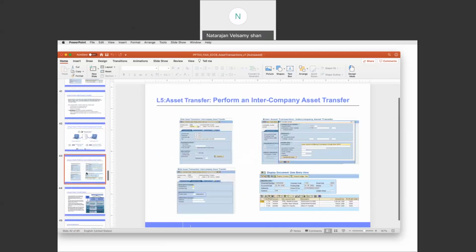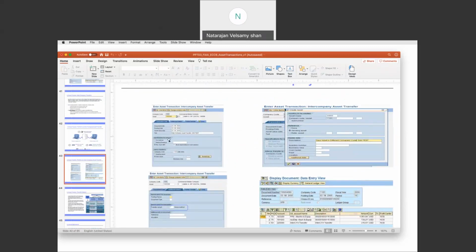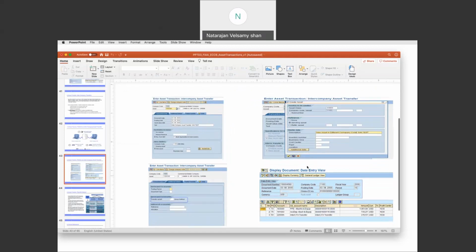So these are the screenshots. In transaction data, we have given revenue from net book value. We have given dates, and in transfer variant, we have given one. It's a gross method, and the asset has been transferred.